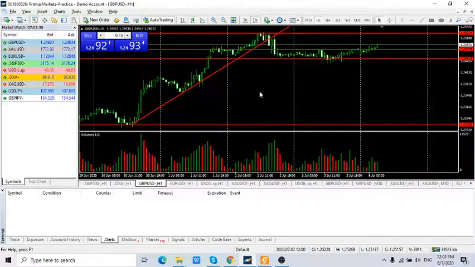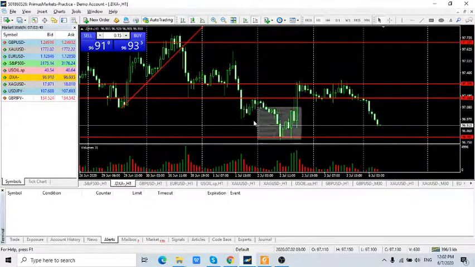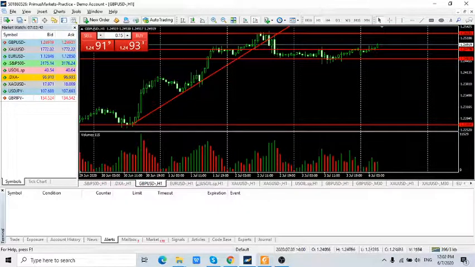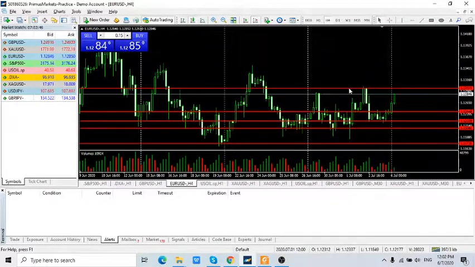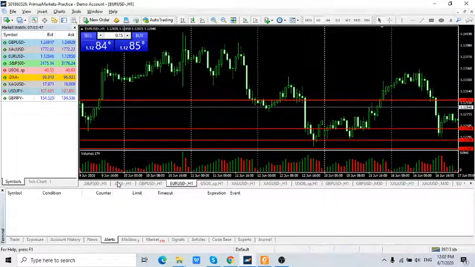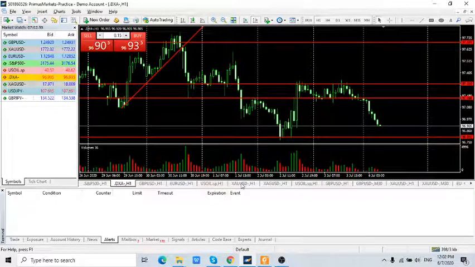Okay, so that is for the US dollar index, and also for the UK pound and the euro dollar as of now. Currently the sentiment is the US dollar is weak. Possibly it will try to consolidate shortly and decide whether to go up or down later on in the UK and also US trading sessions.